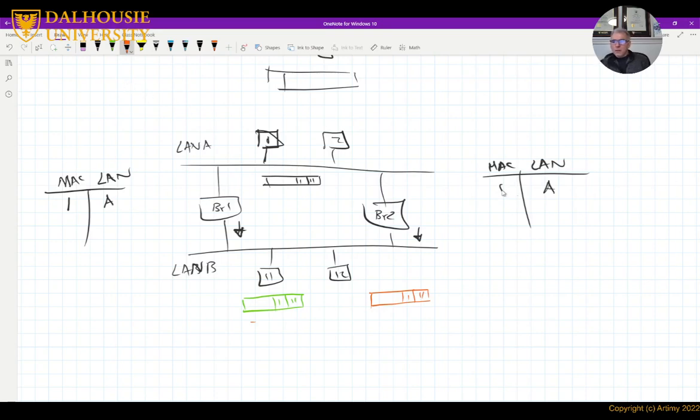But 1 was recorded earlier as residing on LAN A. So I'm going to update my MAC table here and say that station 1 is residing on LAN B. Why? Because I received this frame from LAN B and it says the source is 1. So station 1 must be in LAN B, right? And then it sends the frame, because it doesn't know where 11 is, back to LAN A.